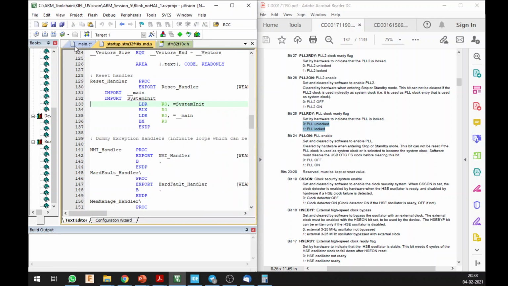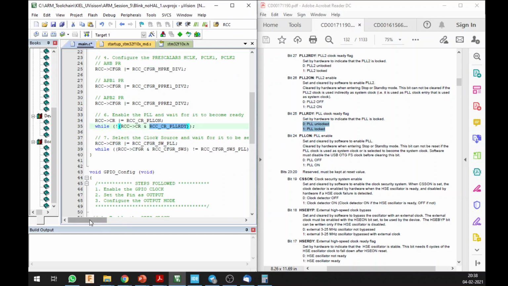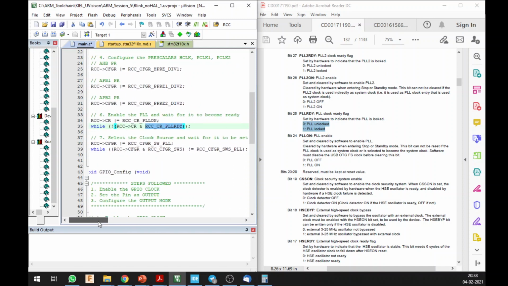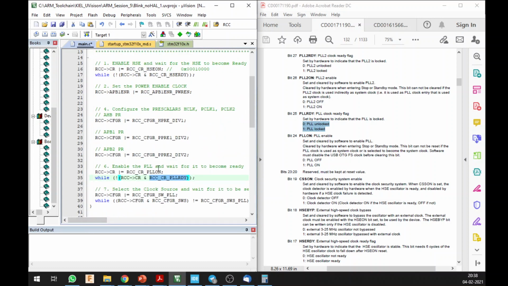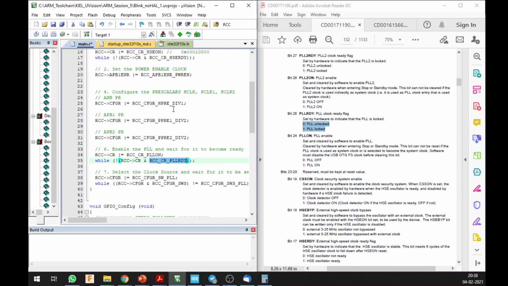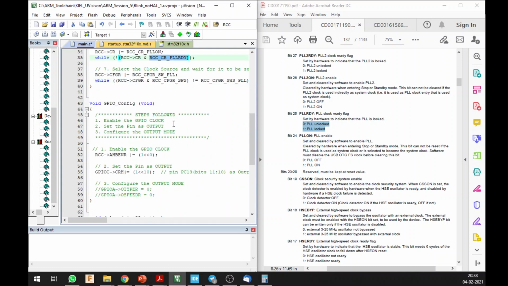So if you have the value of bit 25 set in your CR register, it is going to compare this. If it is not set, it is going to keep on looping. Once it is set, it is going to be ready and it is going to come out of this loop. So on and so on for your RCC configuration register for your clock source, as well as this. So once you are done with this, you are ready with the setting of your clock. And clock is very necessary for doing things like delays and everything. But in general, even your processor core needs a clock, so you need to set that.